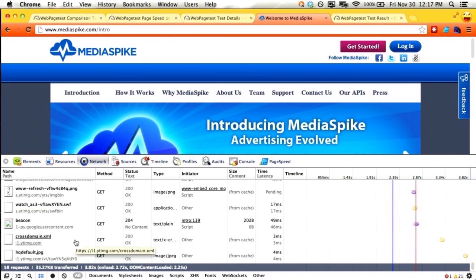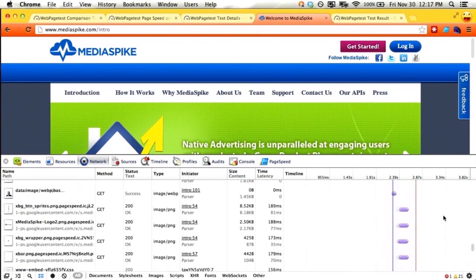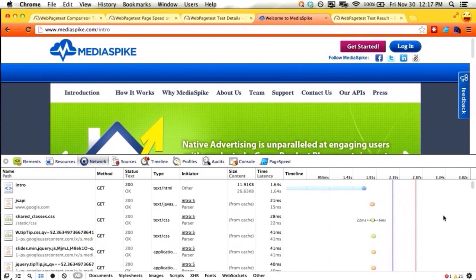What are these? Some XML. Yeah, so these aren't affecting the onload event. They're happening later, though. So overall, the page doesn't look that bad,